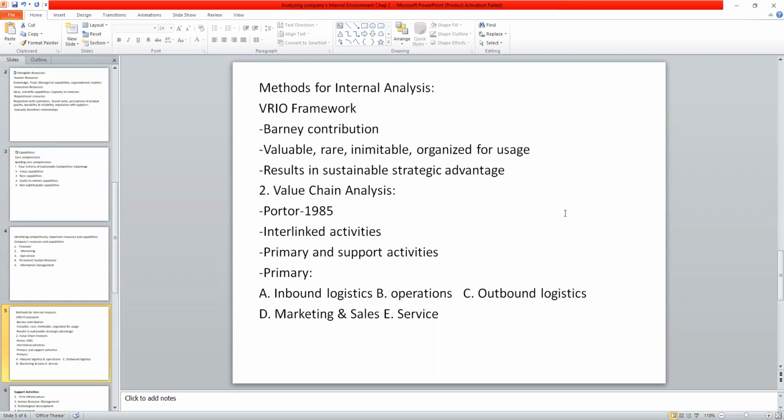Now, what does VRIO stand for? The expansion of this term is valuable, rare, inimitable, and organized for usage. This is what VRIO expands to. Now here the first part is valuable. The organizational capabilities possessed by the firm that help it to generate revenue by banking on its opportunities